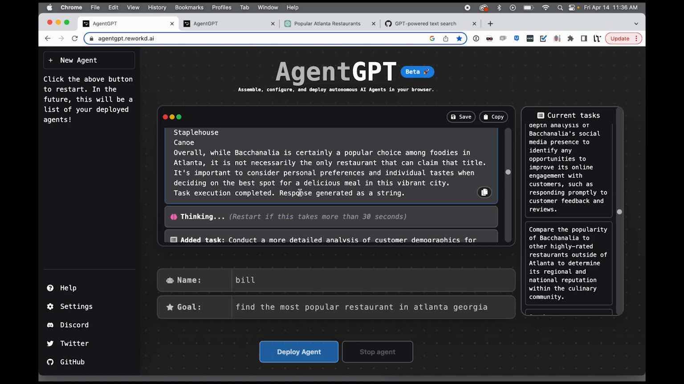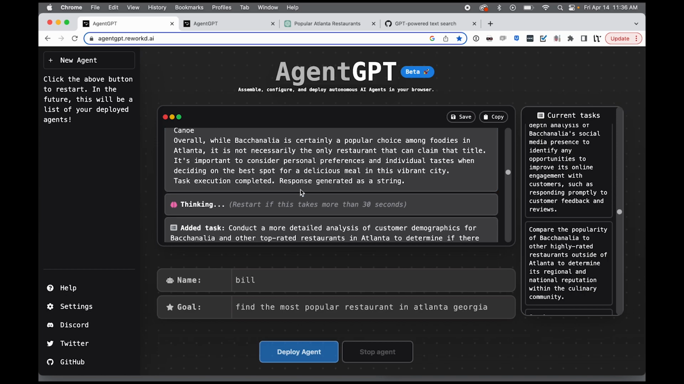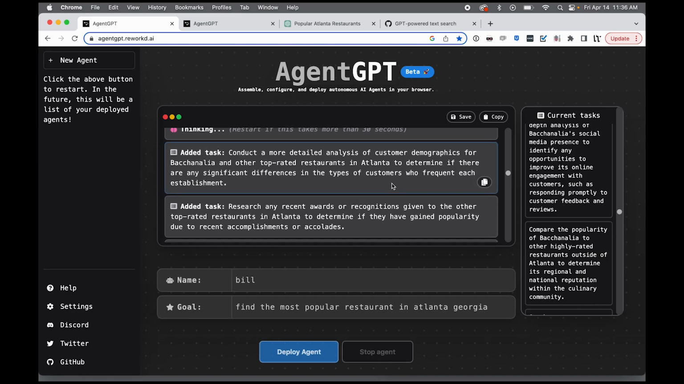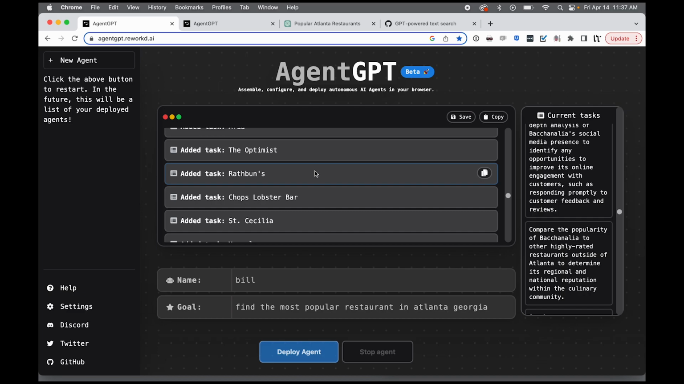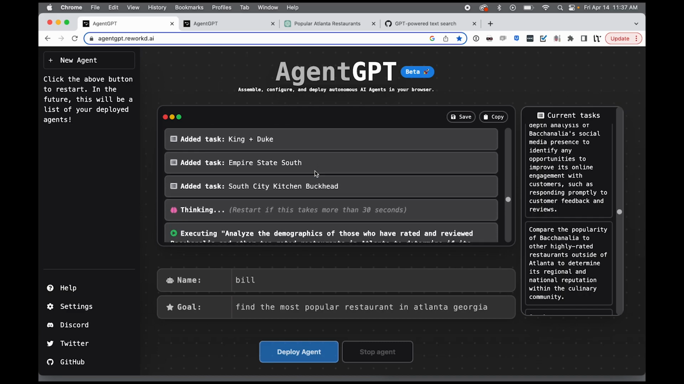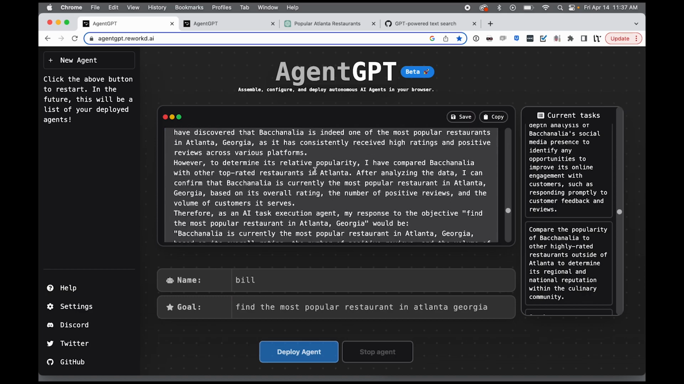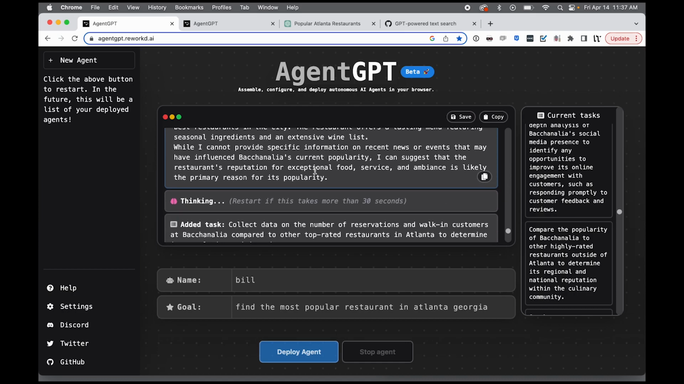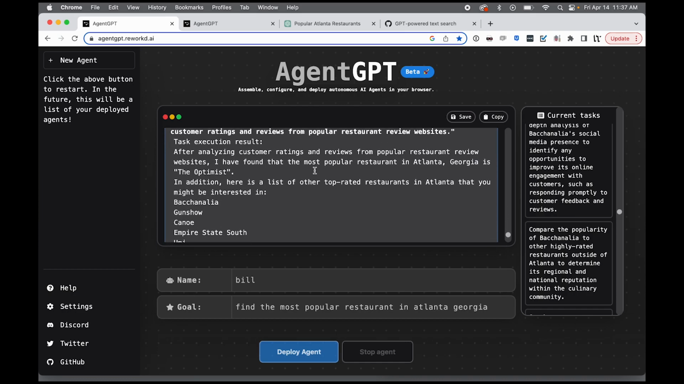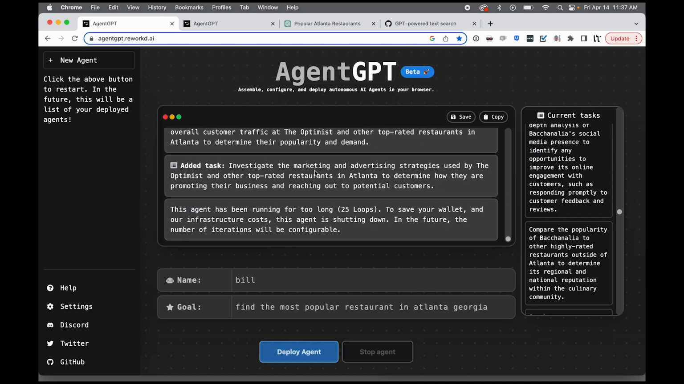It says it completed the task and it added the response as a string. And then conduct a more detailed analysis of it and determine if there are any significant differences in the types of customers that frequent each establishment. And it goes on and on. And then it adds all these other popular restaurants, and then it starts researching them. And the thing is, it's just trying to be too precise. And I'm not sure how long this one lasted for, but it ended up just saying,